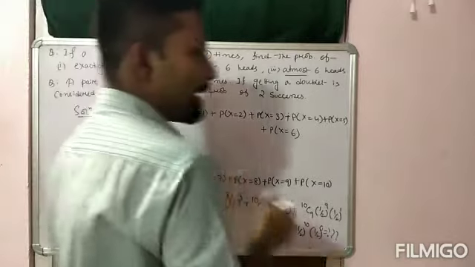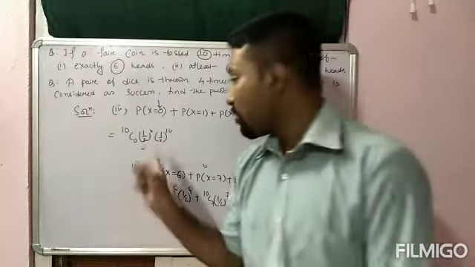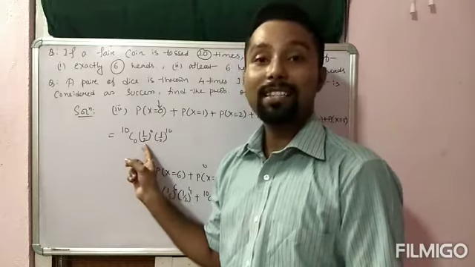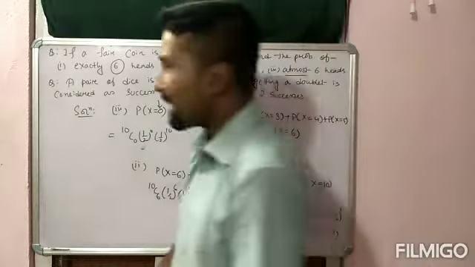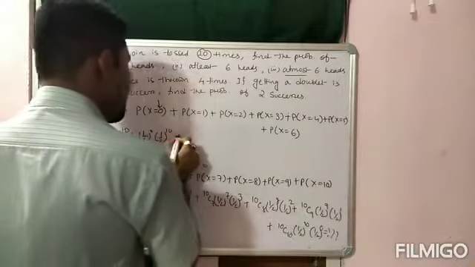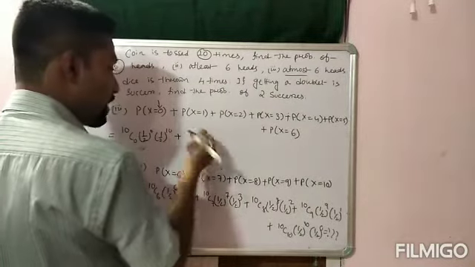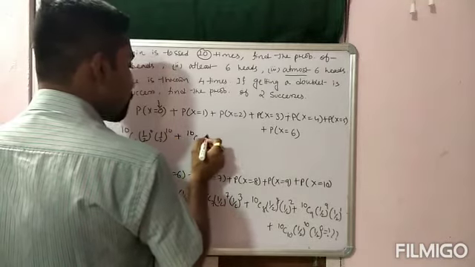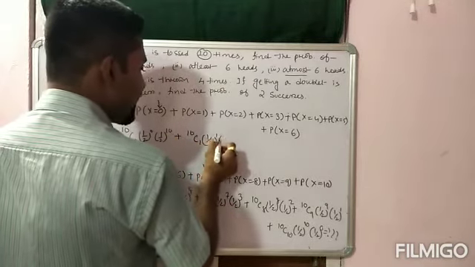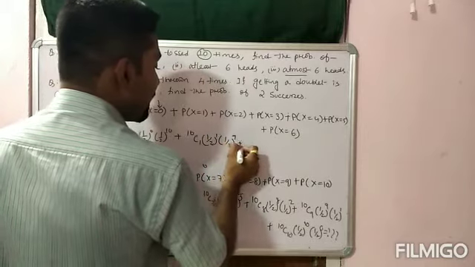So अगर यहाँ पे half to the power 0 है तो इसका मतलब क्या है? There is no success. तो इसीलिए तो 10 times failure है. Half to the power 10 इसलिए यहाँ पे आ गया. ऐसे calculation करने से पता चल जाता है. Similarly for x equal to 1 you know how to write. For x equal to 1, 10C1 half to the power 1 into half to the power 9.